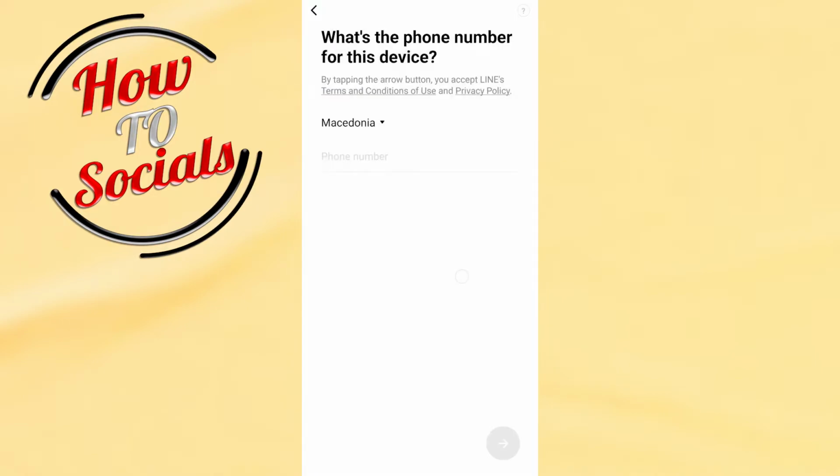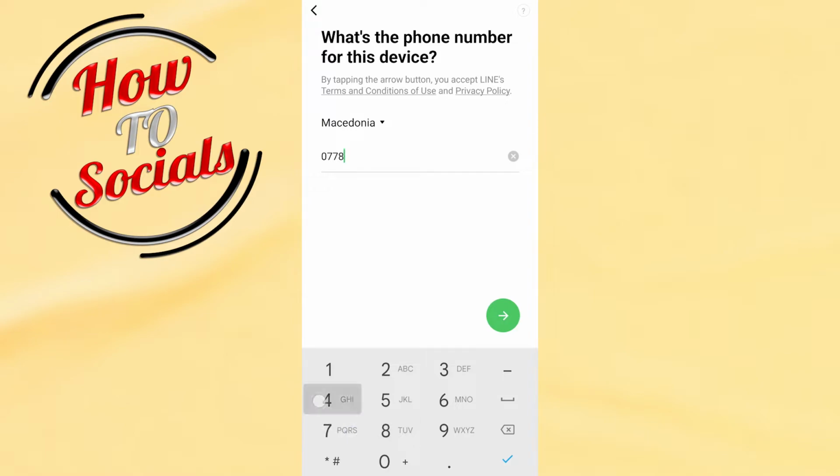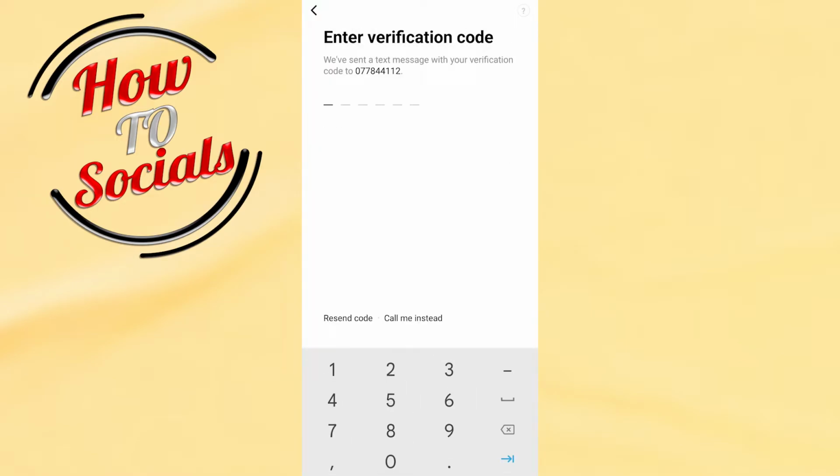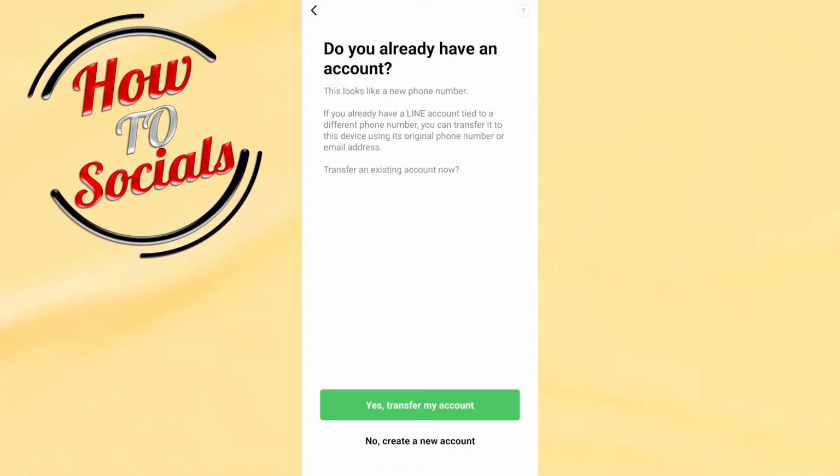Then you need to confirm your identity by entering your phone number, then of course your country, and then go OK. Now you need to wait for a verification code, which will appear right here. Now it was sent as a notification of Line Setup. Now what you need to do next is, where it asks if you already have an account,